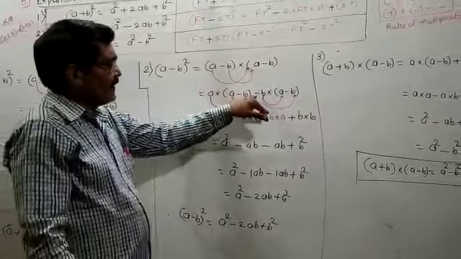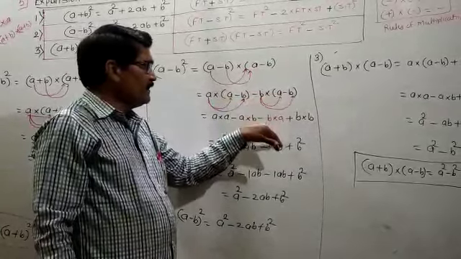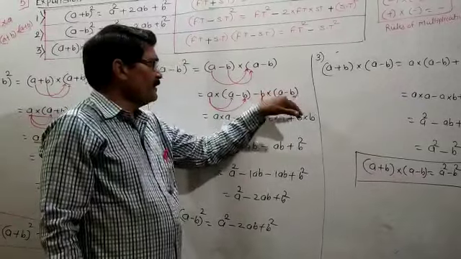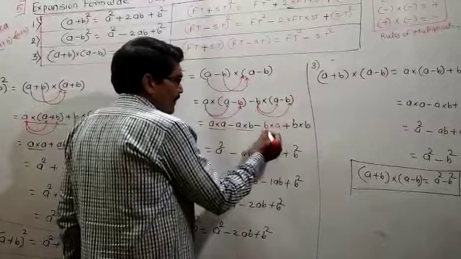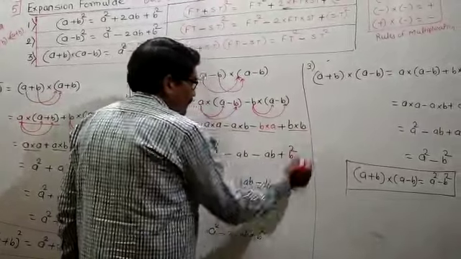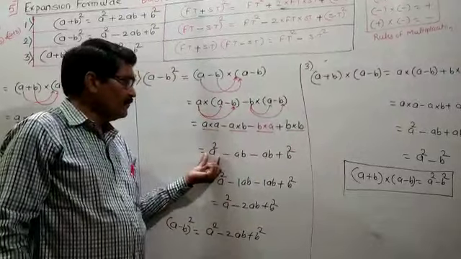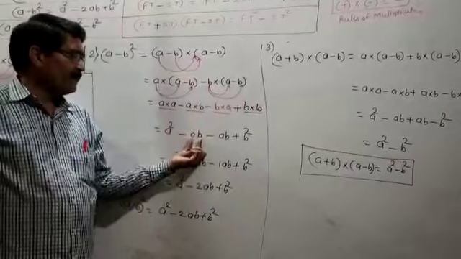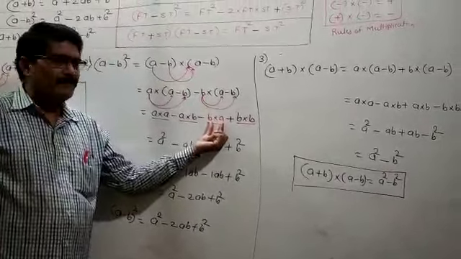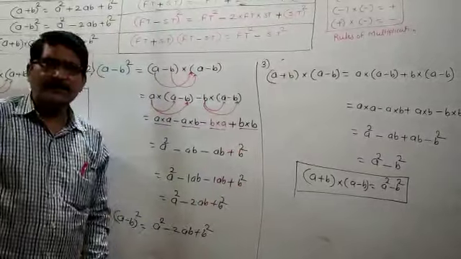But here, outside the brackets, there is a minus sign, so this time you have to change the signs. This plus a becomes minus, and this minus becomes plus. Then you have to do the product: a multiplied by a, a multiplied by b, b multiplied by a, and b multiplied by b. A multiplied by a, two times multiplication of a, means a square. A multiplied by b is equal to ab. B multiplied by a means ba, or ab, one and the same. And b multiplied by b is equal to b square.